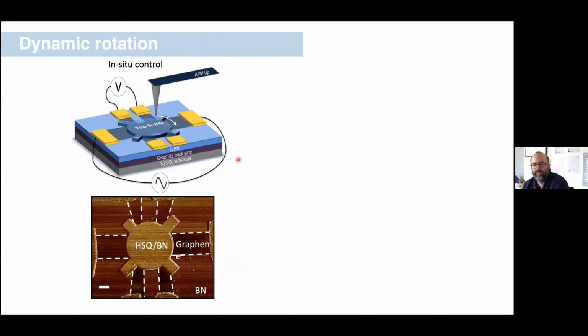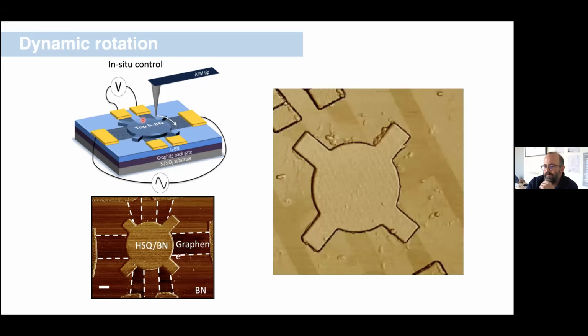So we demonstrated this a few years ago. We showed, for example, going back to the case of graphene coupled to BN, that we can define a structure where we have a graphene hall bar, that's the white outlines here. And on top of that, we transfer what we call a boron nitride rotator or boron nitride gear. And because the friction between the boron nitride and the graphene is so low, we can come in with an AFM tip and literally just rotate this gear around. What that allows us to do is, in a device where we have electrical contact, measure transport in real time. After that device is made, we can alter it post-fabrication by changing the BN orientation.